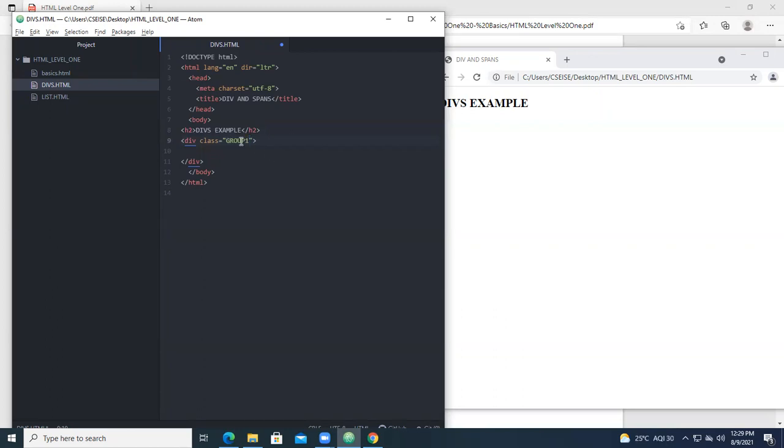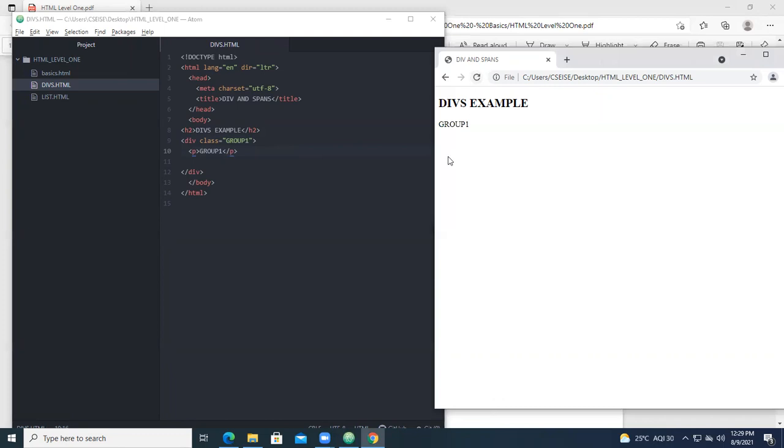Class is equal to group one or group two, whatever name you want. Under that you go with a paragraph tag. Tell that this one is group one. When you run the program, you will be getting it as group one only. So this is the div tag.